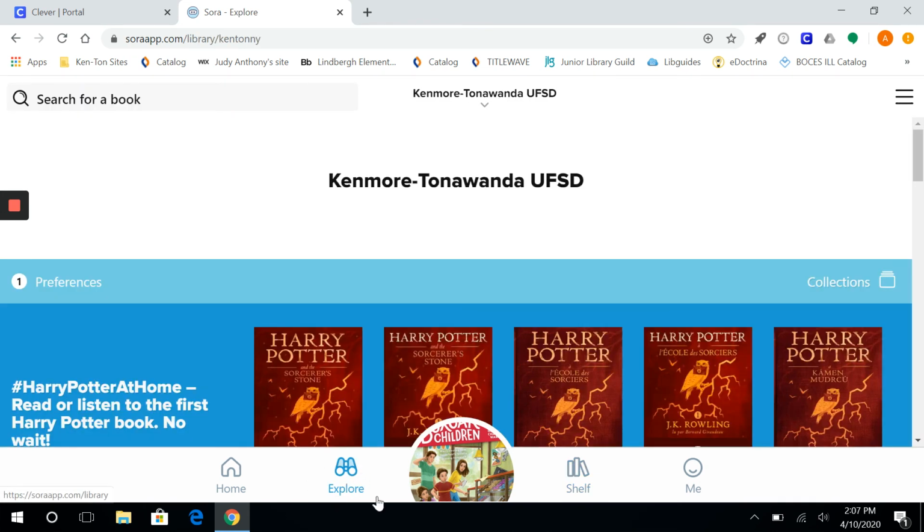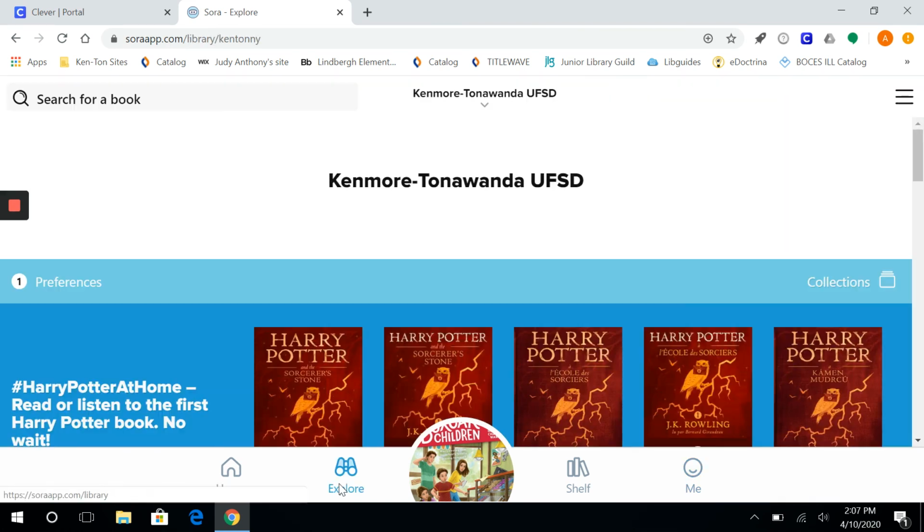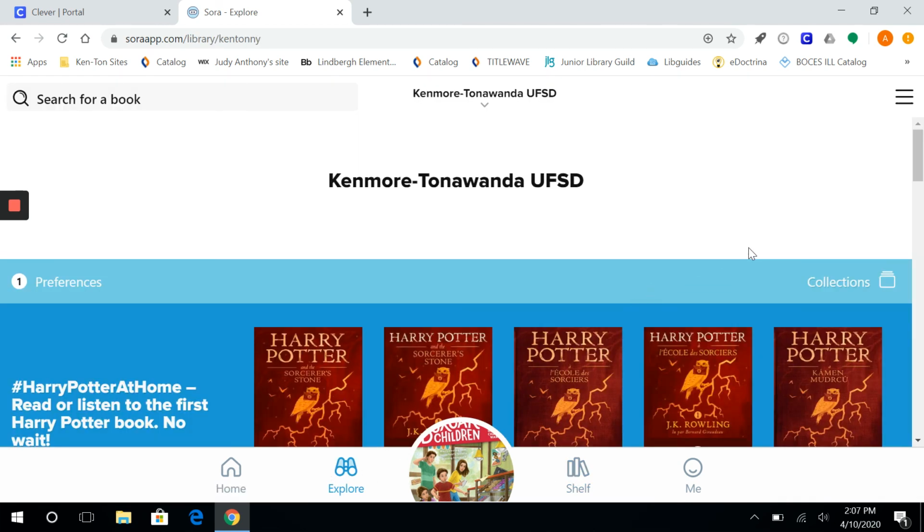So you will mostly use the Explore tab and the Shelf tab. The tab that says Me is where you can have your name, and it keeps track of your information, how many books you've read, how many books you've opened, the total time you've read, things like that. But usually you'll spend time in Explore looking for books, and then when you check them out, you'll go to your shelf to read them. So Sora is a library that has ebooks and audiobooks for all students in grades K through 12 in the